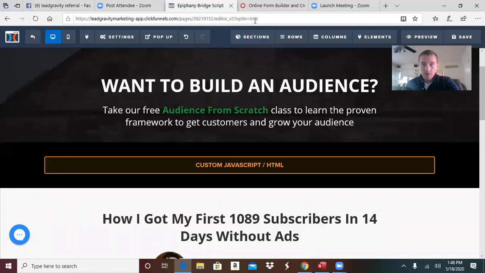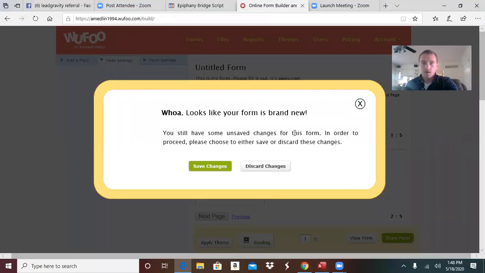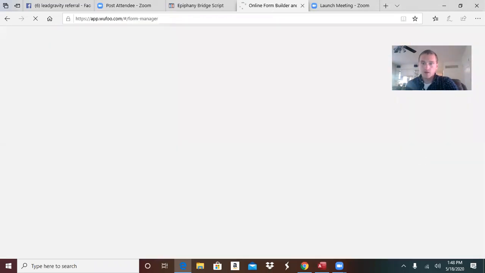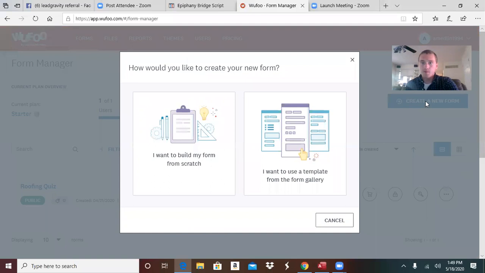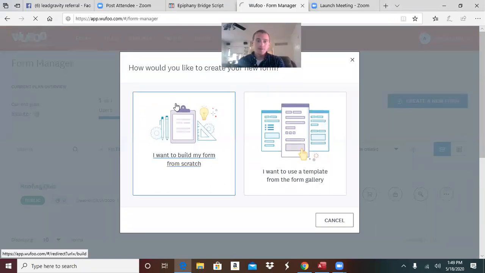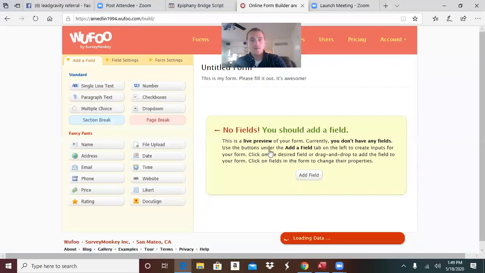So now I'm going to go into my Wufoo and show you how to create a form. Move this over here so I'm straight edge, guys. Okay, so I want to build a form from scratch. I'm going to click that, and I'm going to start out with just showing you everything that's standard here: